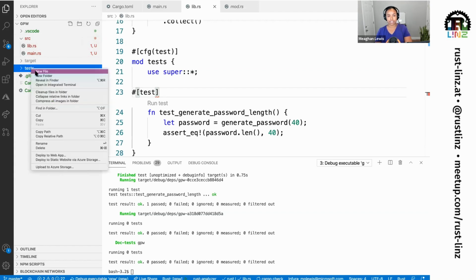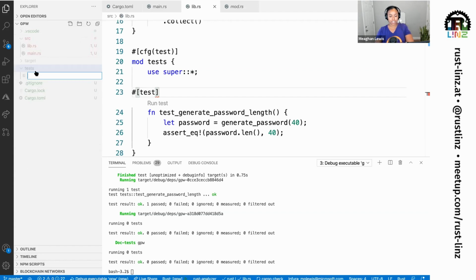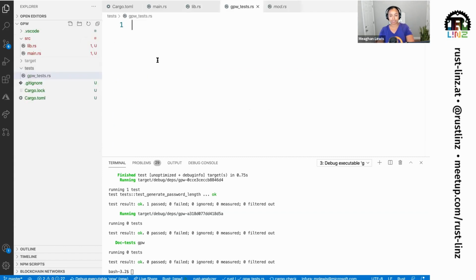Within this test directory, I'm going to create a new file, and let's call this new file gpw_test.rs. What I want to do in here is write a test that's essentially going to test my generate password program, not the function in particular, but more the program.